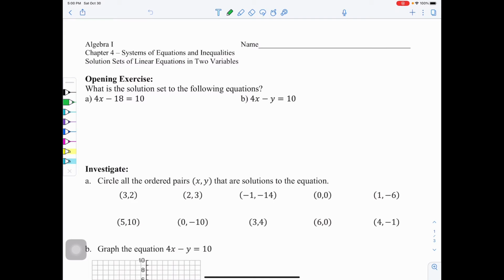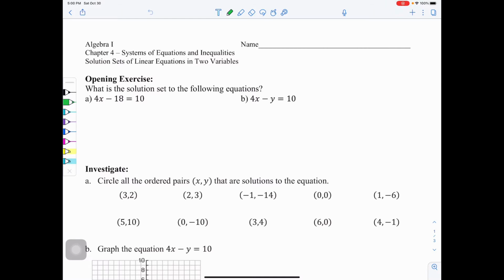Our next lesson is called Solution Sets of Linear Equations in Two Variables. We're going to start with an opening exercise. I'd like you to pause the video and try the following question. What is the solution set to the following equations, part A and part B? So again, at this time, pause the video, try these two questions, and then resume the video to go over